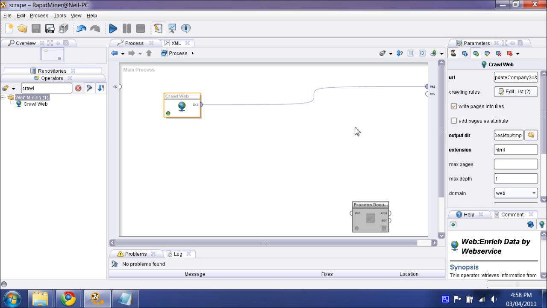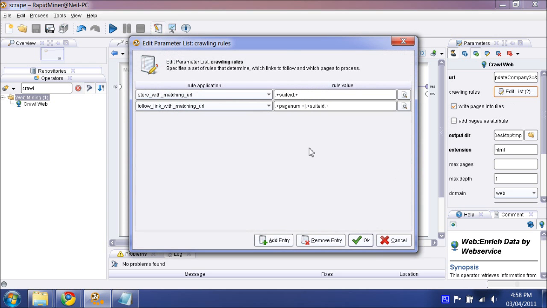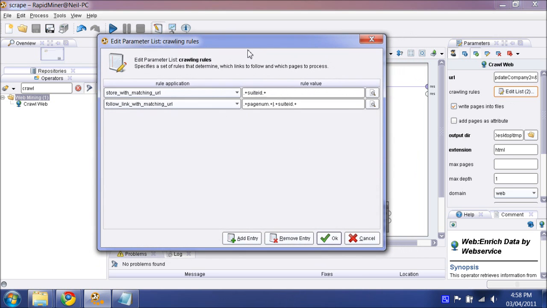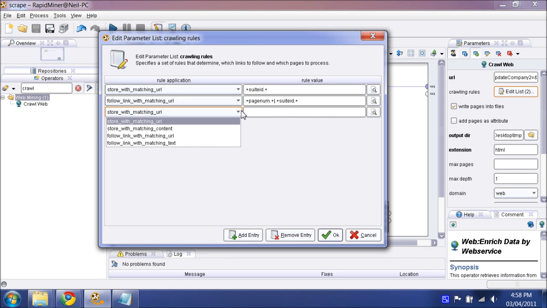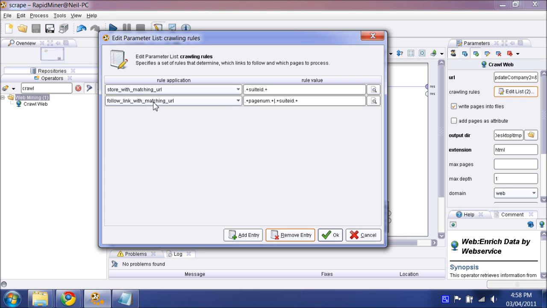Okay, and I'm going to talk about crawling rules for a second. I actually had two different crawling rules in there. So the two useful ones are follow link with matching URL. To add a crawling rule, you hit add entry and you select which kind of rule you want. Okay. But follow link with matching URL means any link on that page